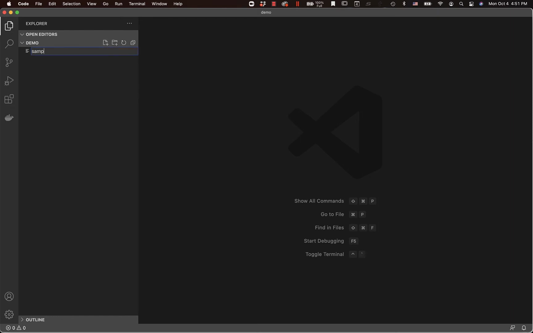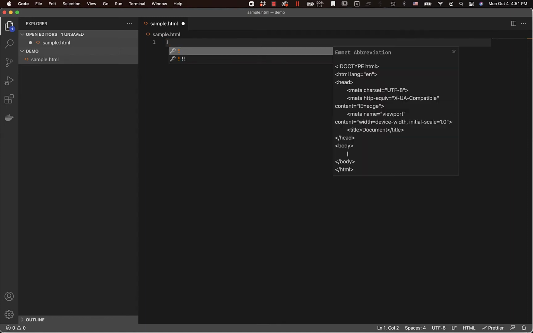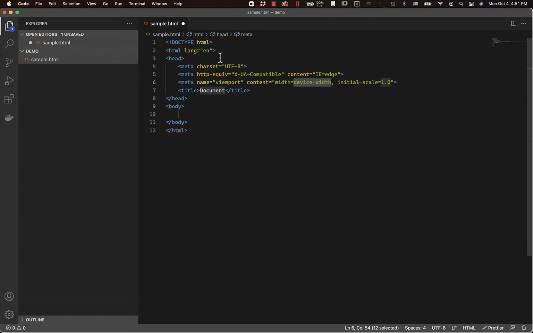I'll call it sample.html. And now I've got a panel over here where I can edit the sample.html file. I'll use the built-in Emmet shortcuts. If you type exclamation point, you see that you can fill in one of two options here. I'm going to use the single exclamation point, and that will give me an HTML skeleton. Let's call this sample. And then just do a very simple